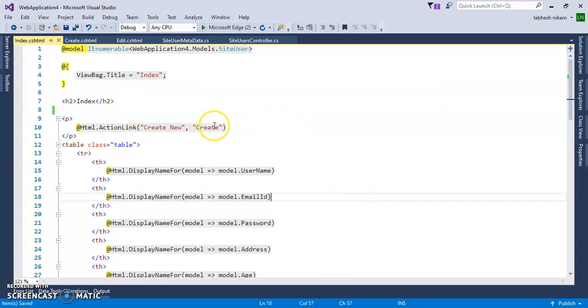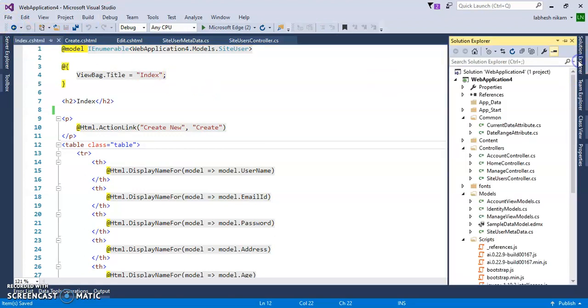This is my view page. When I created the project, I created it with the script files. So create your project with the script files. If you don't create your project with script files, then you have to include scripts from outside.